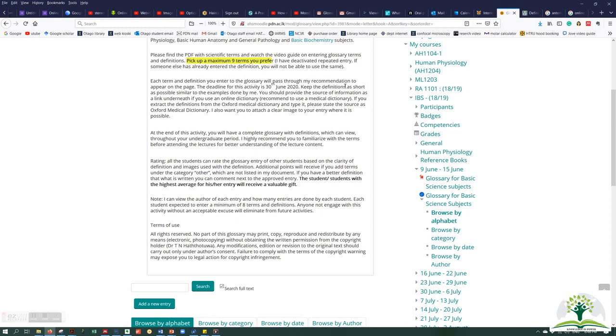So you can copy and paste the definition directly from the web page, but make sure that you don't copy everything. For example, if you go to the web page, you will see 4-5 sentences describing the meaning of that scientific term, but I don't want you to copy that whole part and paste it into Moodle. Instead, I want you to go to web pages, read and understand the meaning of that scientific term. For example, you can go to Wikipedia